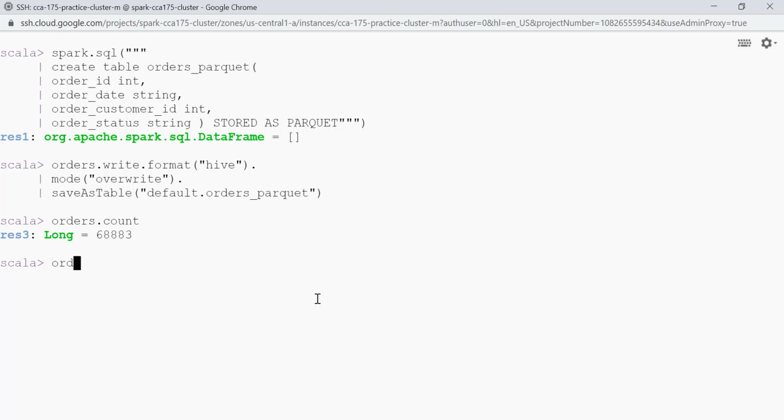I'll say orders dot write dot format, and again my format will be Hive because I want to save data in Hive Metastore, and this time I'll say my mode is append. Then I'll specify my database and table using save as table API, and I'll specify the database as default and the table as orders underscore parquet.